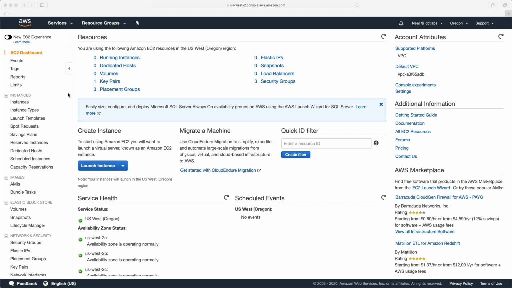Welcome to the first lesson on EC2. EC2 is the Elastic Compute Cloud, and it's an elastic service that allows you to launch compute resources on the